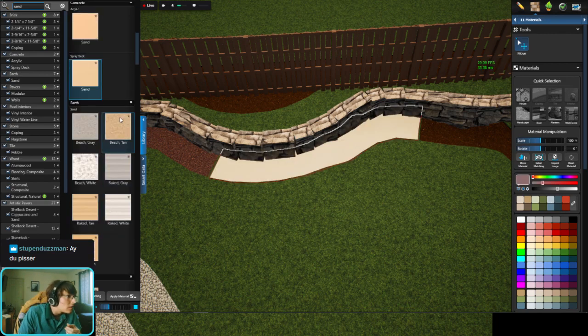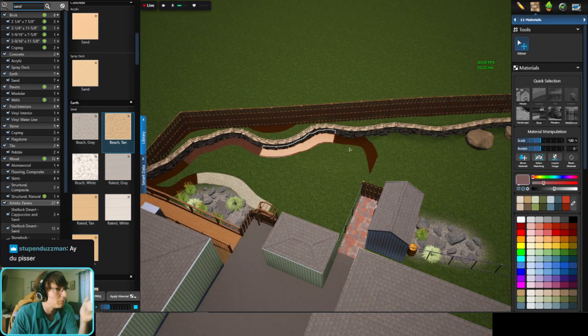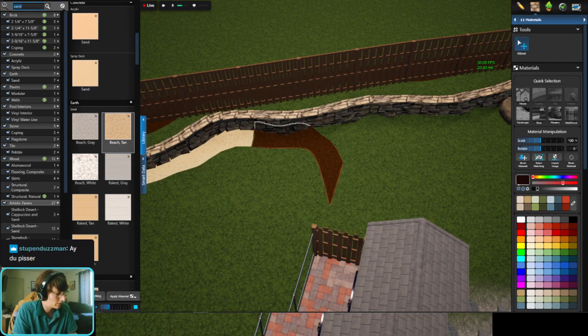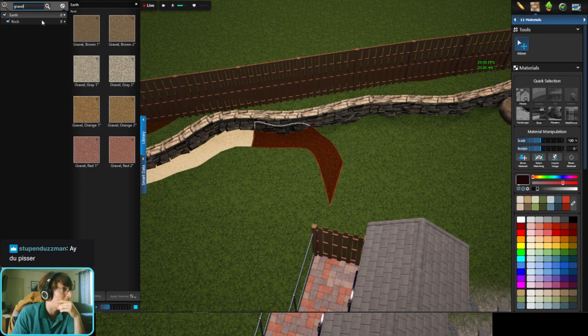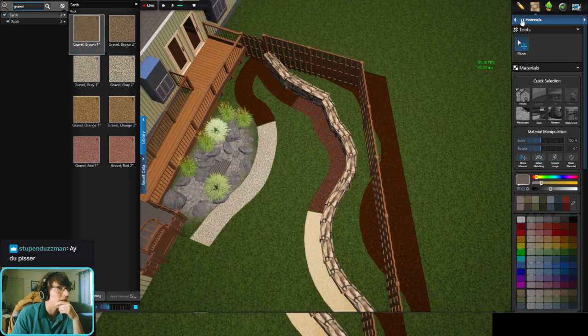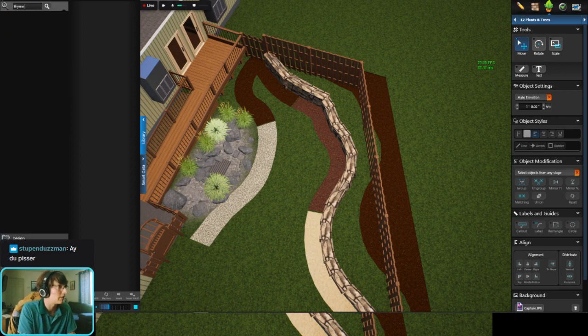No. Here we go, sand. It was base rock, mulch, gravel was the other one. Just regular old actual path material. Maybe we'll make it red. No, we'll make it brown. There we go. And then for plants, let's see,